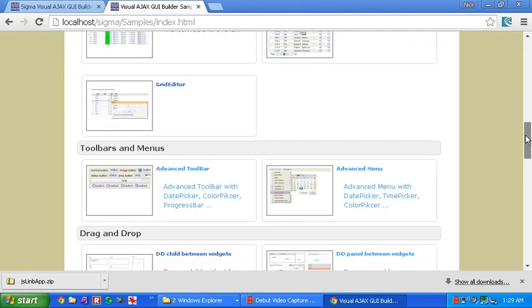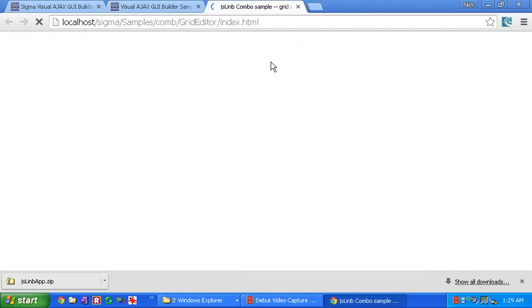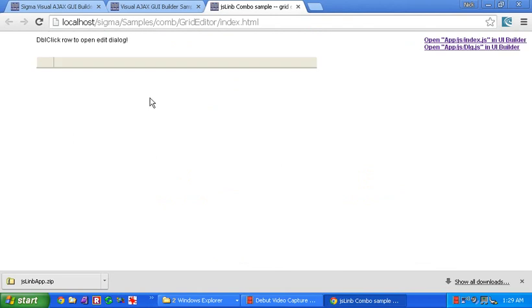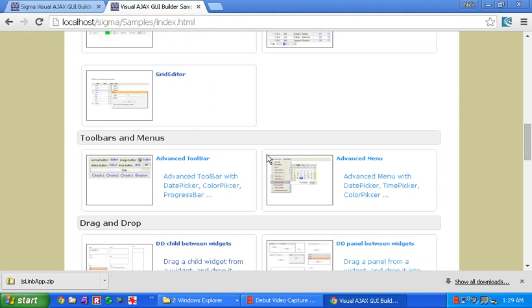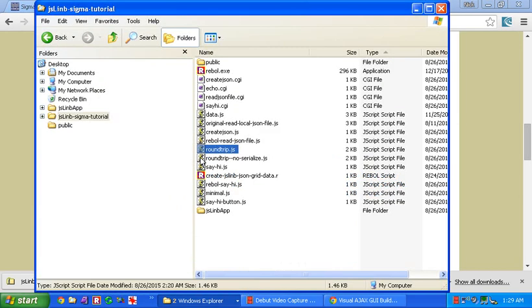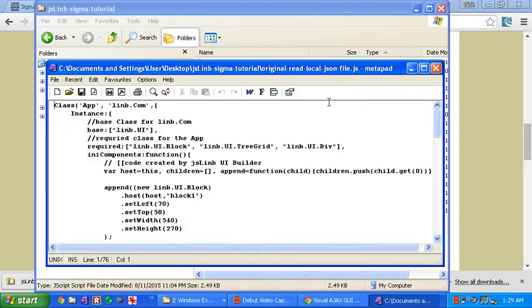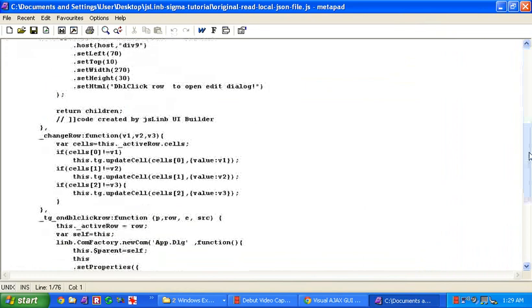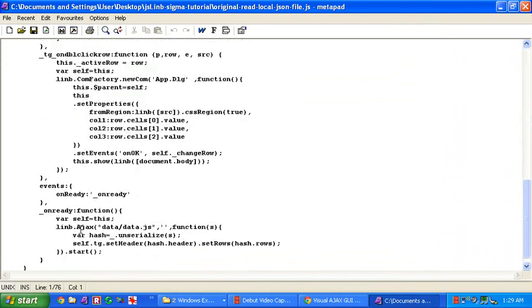Okay, so there's some really great examples. I'm going to focus on this one. The grid editor demonstrates an interesting little tool, and what it does is it reads data from a file. And the way that looks, let's just take this here. This takes data from a local file. So our little Ajax function reads data from a folder,